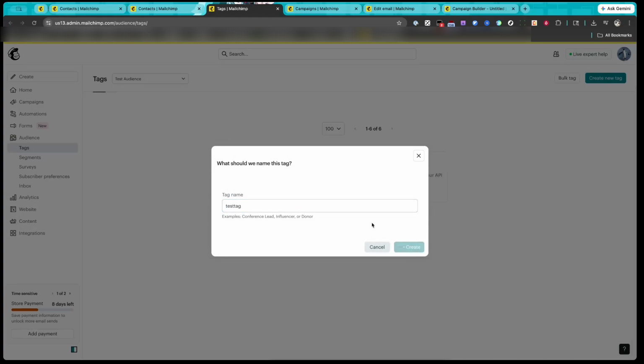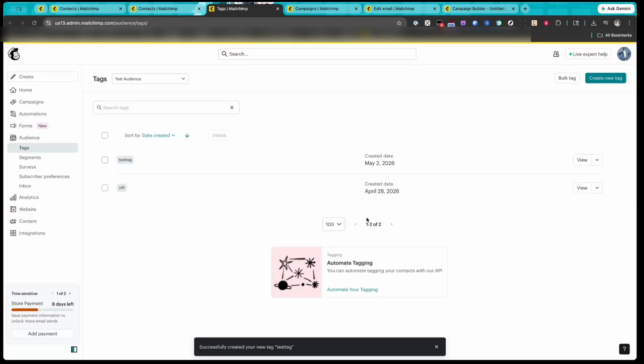If you don't see the tag you want to use, don't worry. You can create a new one right here. Just click on Create Tag, type in a name for your tag, and save it. It's a good idea to choose a name that's clear and descriptive, so you can easily identify it later. For example, if this tag is for people who signed up for a specific webinar, you might name it Webinar Attendees. Once you've created your tags or confirmed that the ones you need are there, you're ready to move on